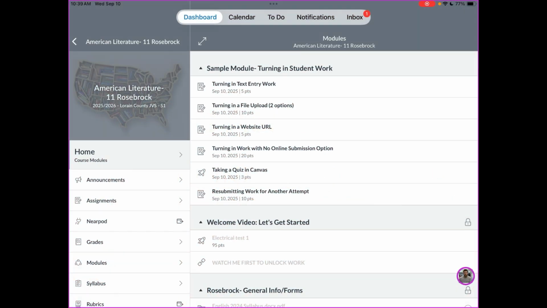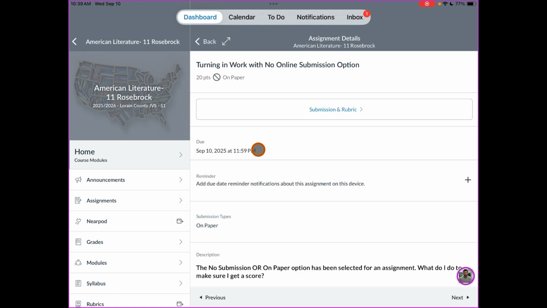How does a student earn scores for a lab or academic demonstration of a skill if an item of work requires no online submission? Let's take a look at an example of that and how students receive points. First, it's the same setup as all work that's described online, even if there is no option to turn in for the students digitally. You'll notice at the bottom of my screen that my blue Submit Assignment or Resubmit Assignment